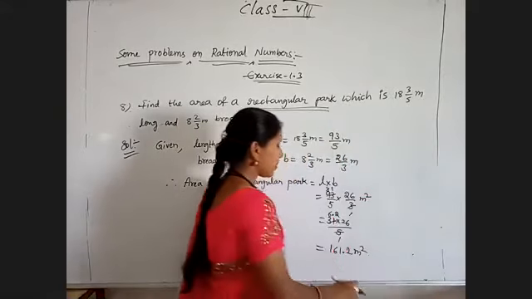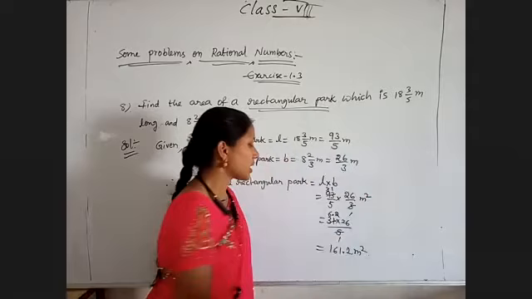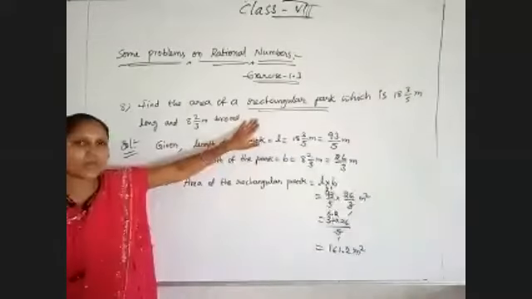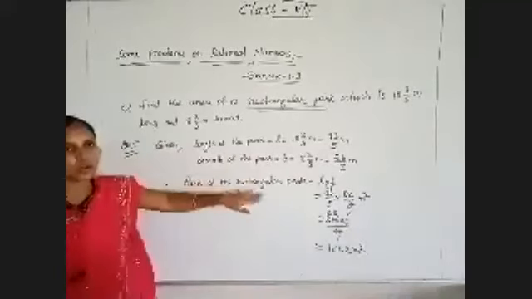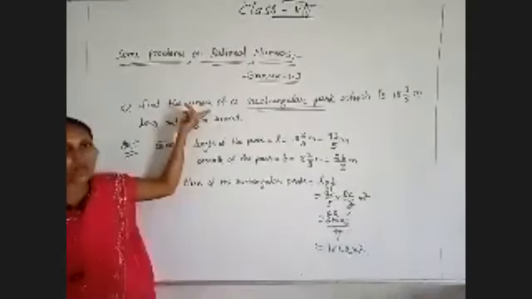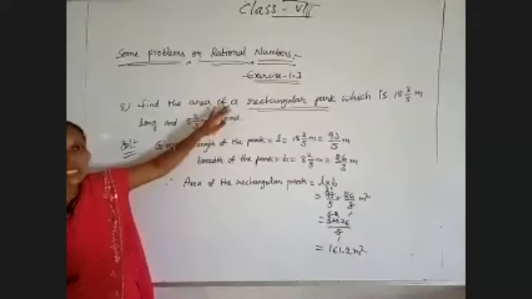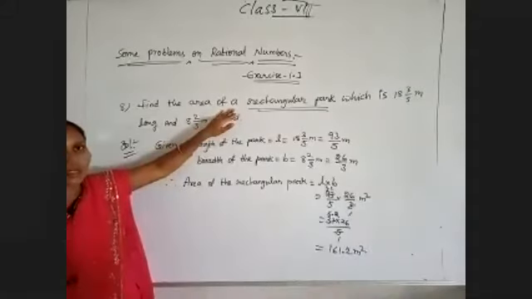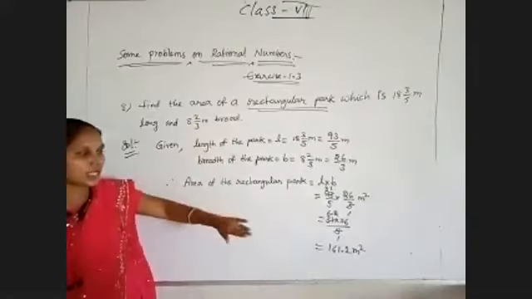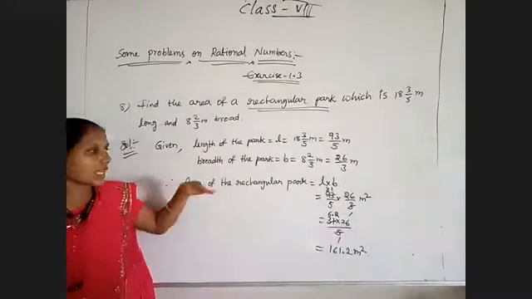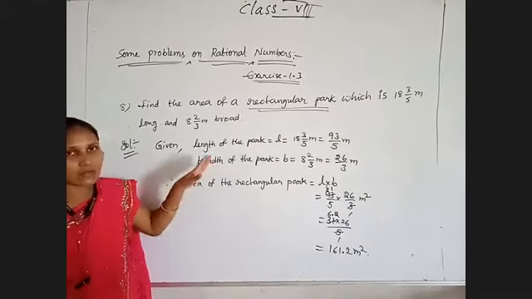If you want to represent it in the form of an improper fraction. So once again, I am telling, here they have mentioned the shape of the park, that is a rectangle. So we have the area of the rectangle formula, length into breadth. If they are asking the perimeter of the rectangle, in that case we need to use 2 into L plus B. If they have changed the shape, suppose a square is given, the area of the square is equal to side into side. But if the perimeter of the square is asked, 4 into side.